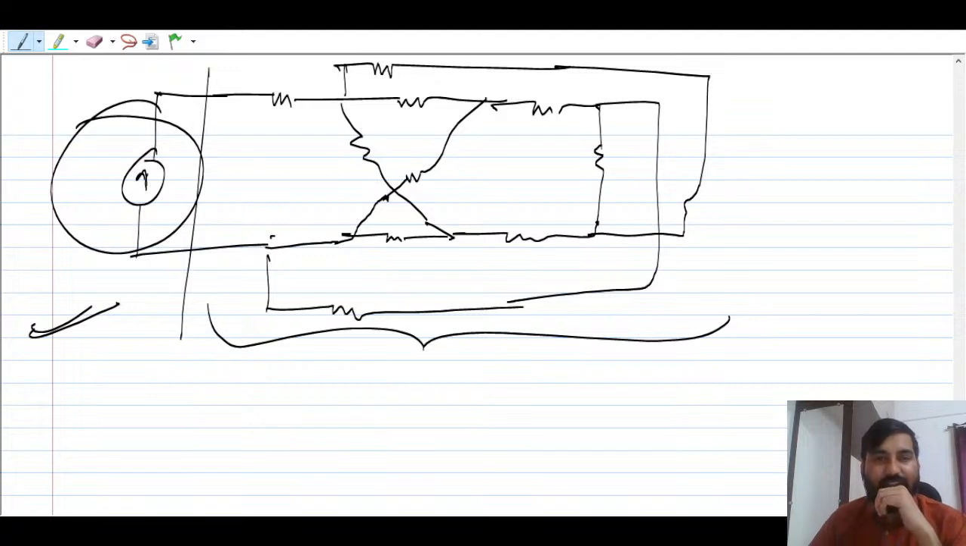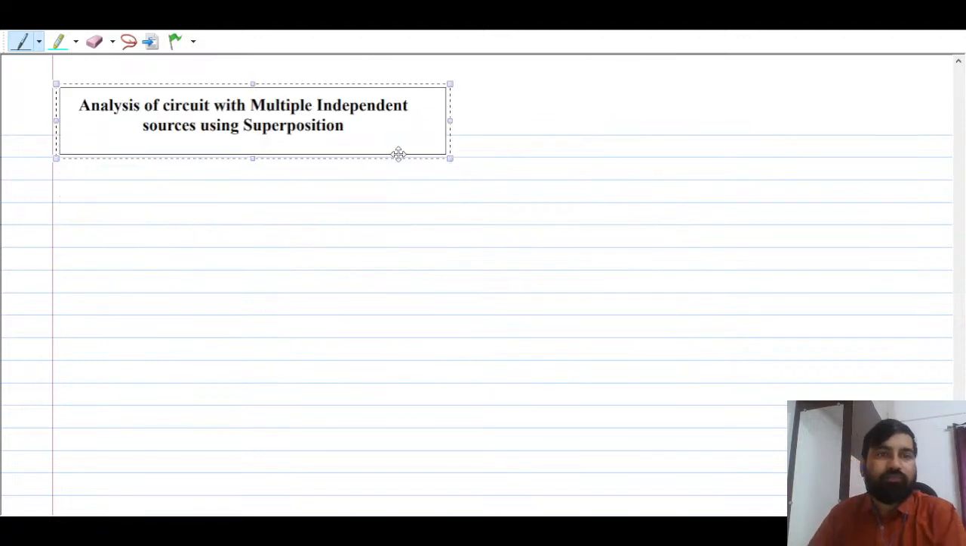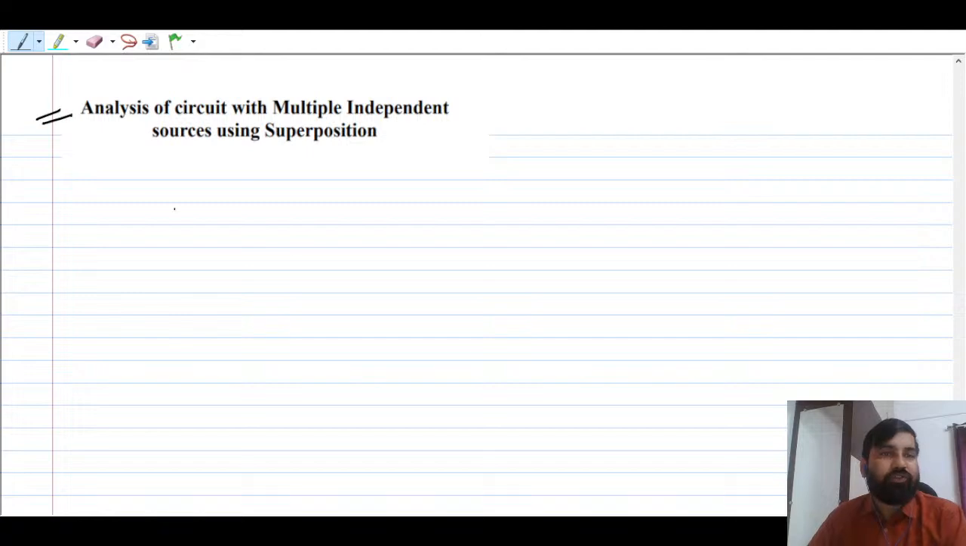So analysis of circuit: suppose there are many independent sources connected in the network. Analysis of a circuit with multiple independent sources using what? The very important concept we are going to use is superposition. Suppose there are many voltage or current sources. This happens in networks and in analog circuits also. What you do is, if there are many independent sources, we always